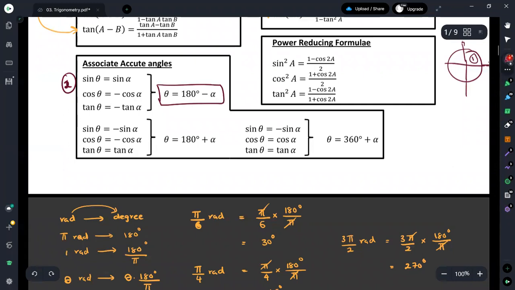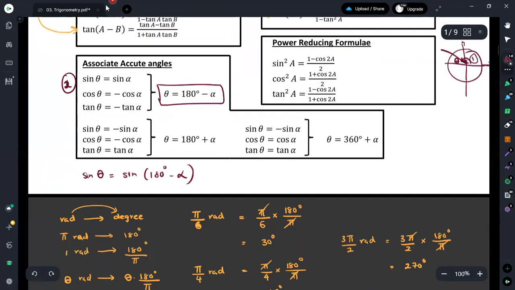If I take the second quadrant, then our angles are coming in this direction. Therefore if you have the angle as alpha, then this can be considered as an associate acute angle theta, where theta is defined as 180 minus alpha. If we have sine theta, we are saying that it is equal to sine alpha, if theta is 180 degrees minus alpha.